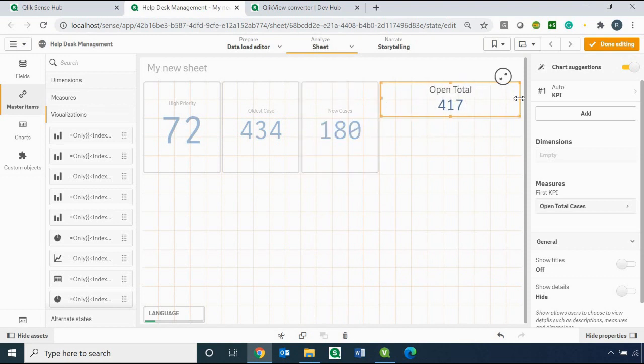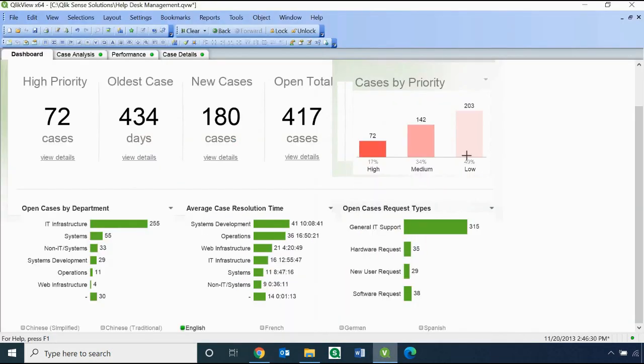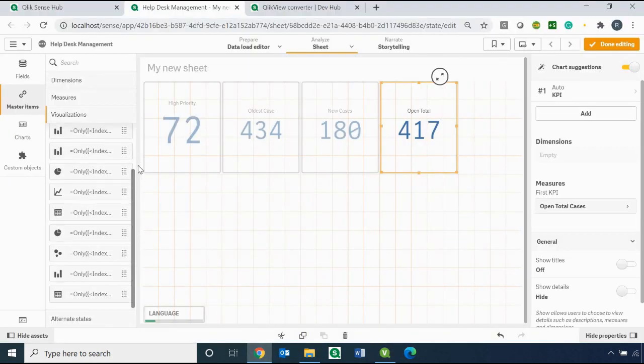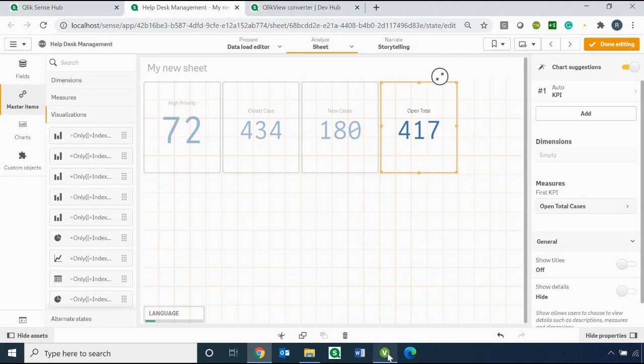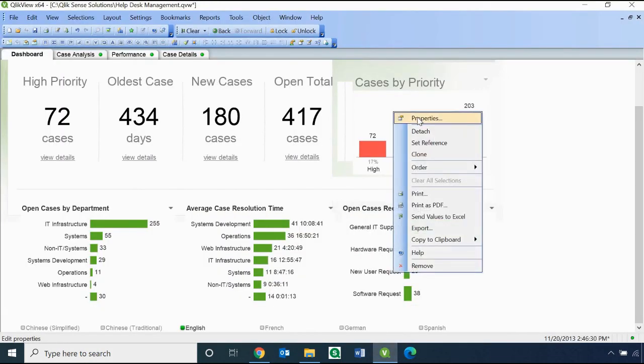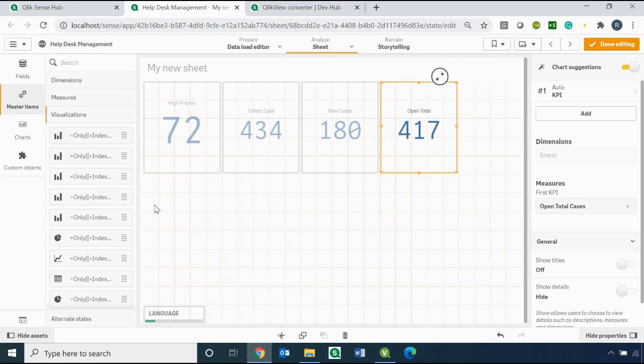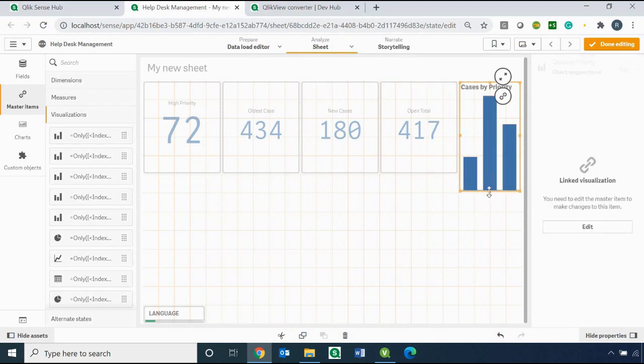Okay, so I'm just making one. Okay, so we have a space to add one more chart here. Now the chart which we want to move is this. So now we have different names here. So let me go back to the ClickView and try to understand what is the name given here. Okay, so we can see the title is this calculated, and it has the index equal to 11. So I'll just go to the ClickSense, and here we say that okay, this is the index 11. Just drag and drop that.